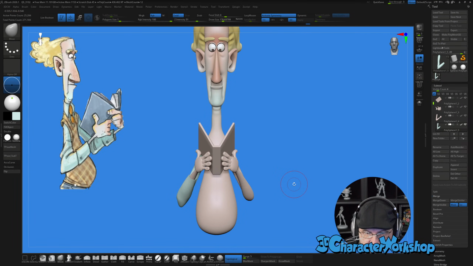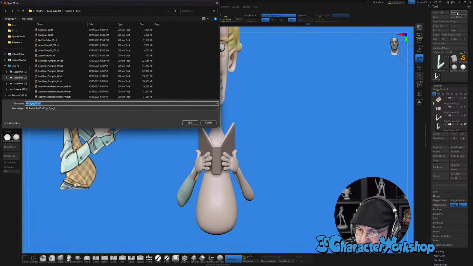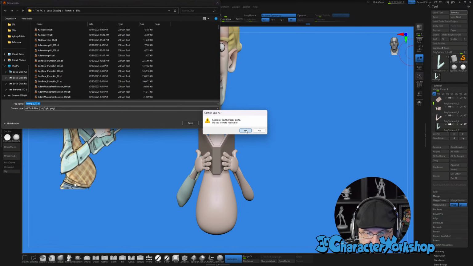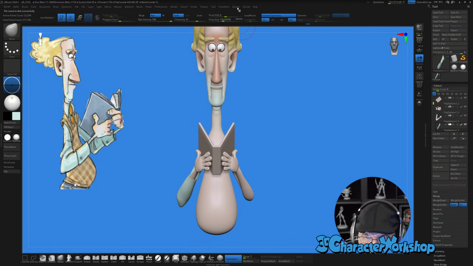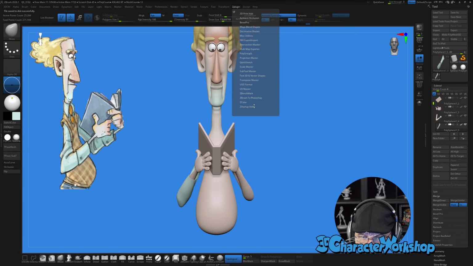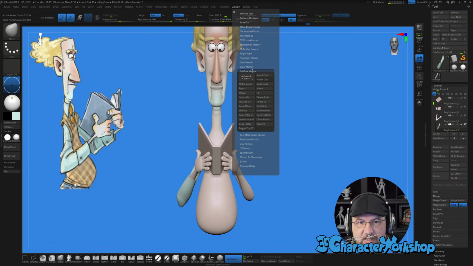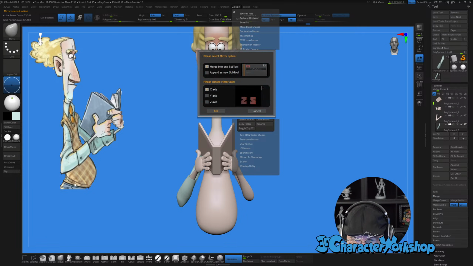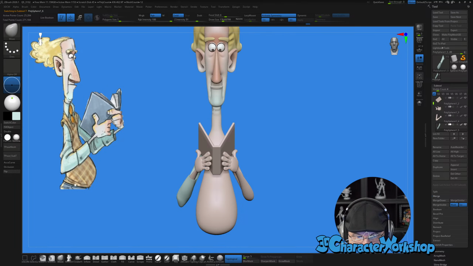So you have to use, I'll do a save as, you have to use a plugin. If you go to the plugins, it's called Subtool Master, the other master. And then you do mirror right here, and then just hit merge into one subtool and then x-axis go.